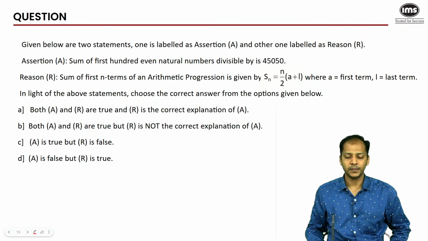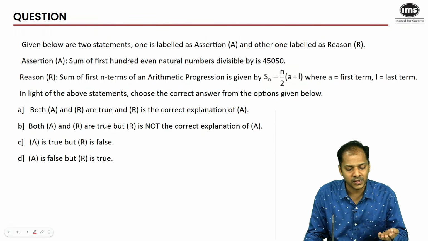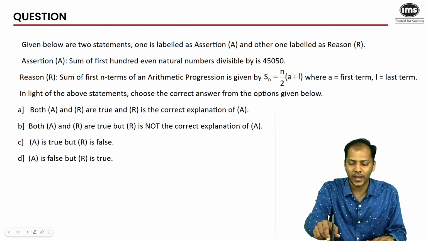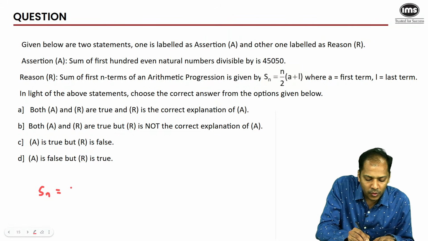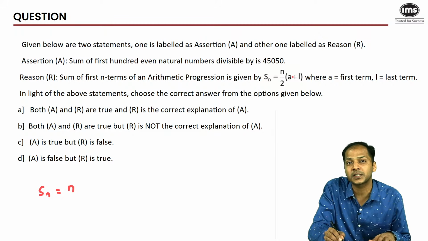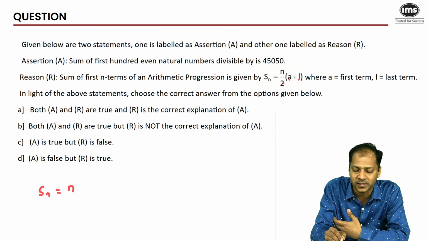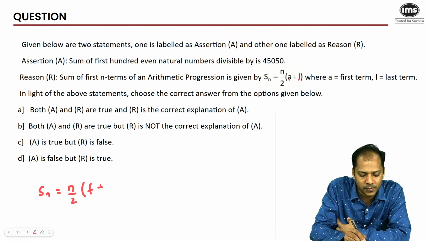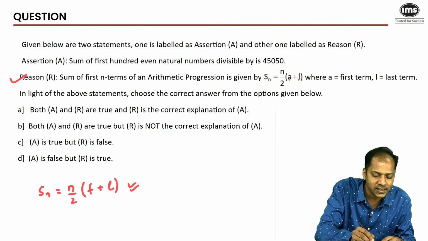We can easily see that in this question, at first glance, the assertion would require solving, but the reason is the simple definition, sum of n terms of an AP. Now, I think we all agree, sum of n terms of an AP. I normally write it with the first term and last term divided by 2, which is the average. So the arithmetic mean is given by first term plus last term divided by 2, and into n would be equal to the sum of n terms. Clearly n by 2 into first plus last is actually the correct formula for the sum of n terms. So the reason is definitely correct.